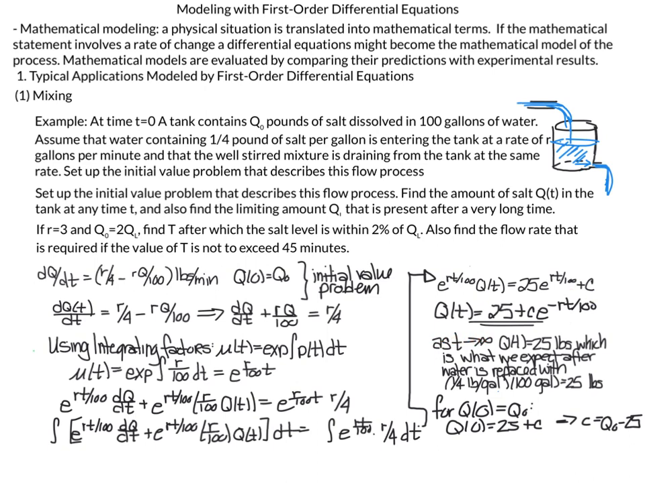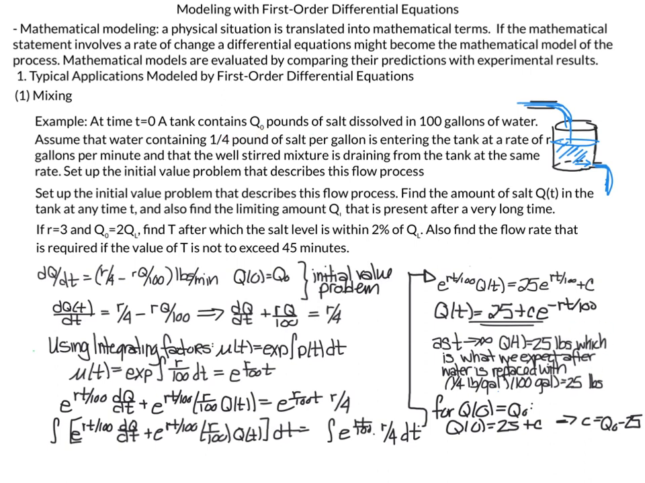As t approaches infinity, because we wanted to find the limiting amount, QL, that is present after a very long time, we can see that the exponential term goes to 0, and we're left with 25 pounds, which is kind of what we expect, because we put in a quarter pound of salt per gallon, and there's 100 gallons. Over time, the water running in is going to displace the original amount, and we will have the 1/4 pound of salt per gallon,